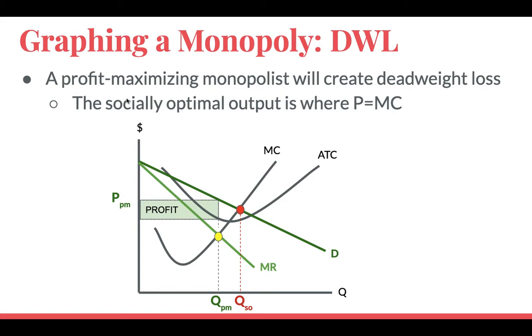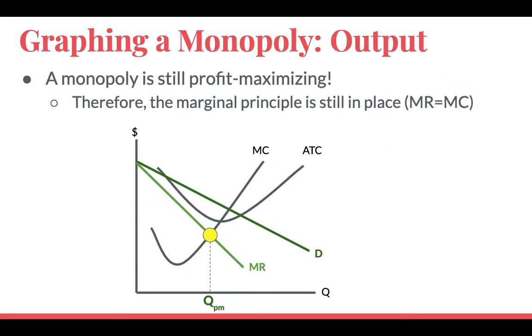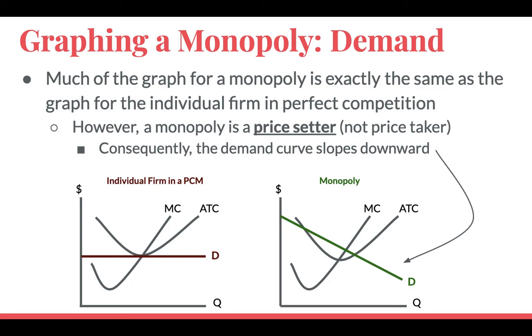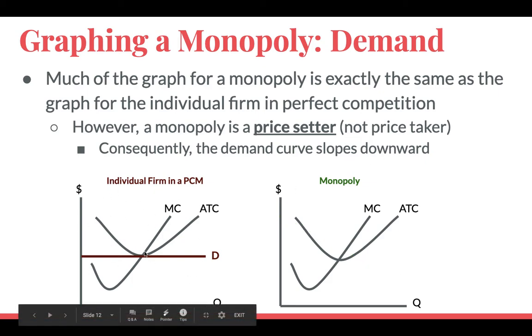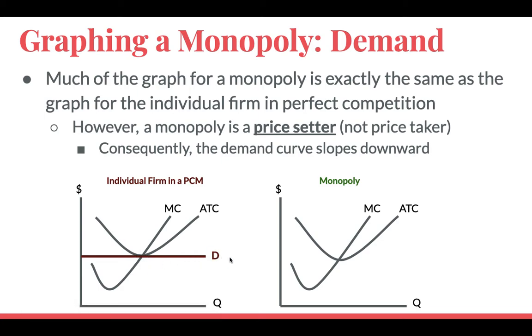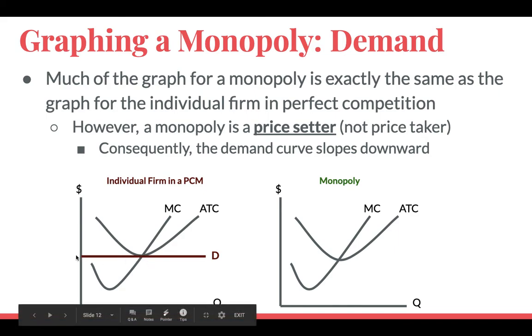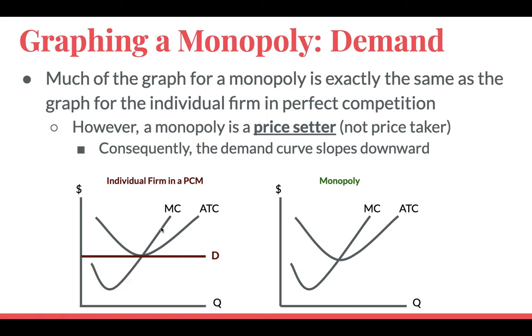This is allocative efficiency, right? Socially optimal. That occurs where price is equal to marginal cost. That is the case in perfect competition. The price is equal to marginal cost. If you think about it, on a perfectly competitive graph, this is our equilibrium, right? Where the demand curve, which is also the marginal revenue curve, intersects with the marginal cost curve. So at that point, everything is equal. The price, marginal revenue, marginal cost, and at the long run, average cost as well.